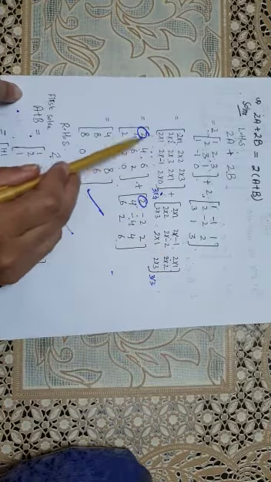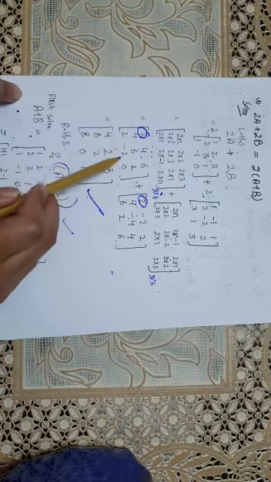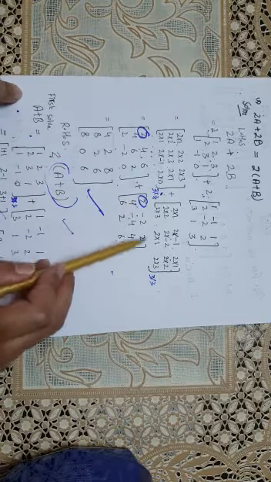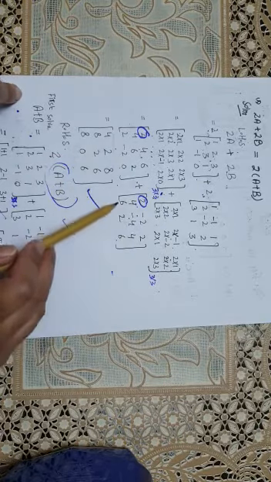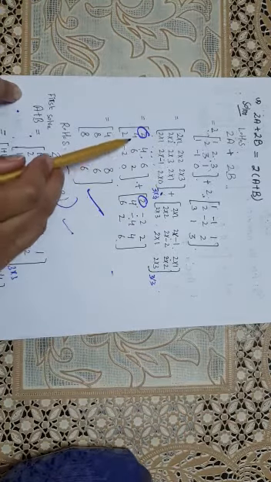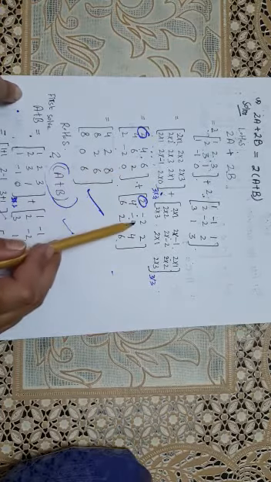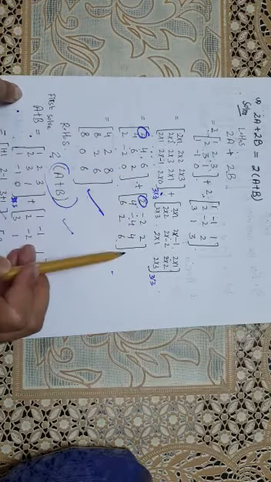When we multiply these elements, we get the answer 2, 4, 6, 4, 6, 2, 2, minus 2, 0, plus 2, minus 2, 2, 4, minus 4, 2, 4, minus 4, 4, 6, 2, 6. Here we see that again we will add these two matrices. These two matrices can be added if and only if their order is the same.